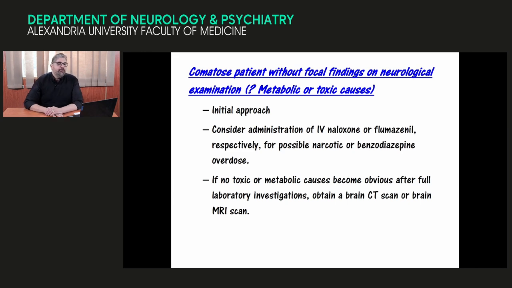If the patient comes comatose without any focal findings on neurological examination, suspecting metabolic or toxic causes, after the initial approach we should start, especially if we receive a history of being a drug abuser or having some drugs in his past medical history, we should think of intravenous naloxone as an antidote for narcotics, or flumazenil as an antidote for benzodiazepine overdose, if we are suspecting either of them. If no toxic or metabolic causes become obvious after full lab investigation, we can start by doing a brain CT